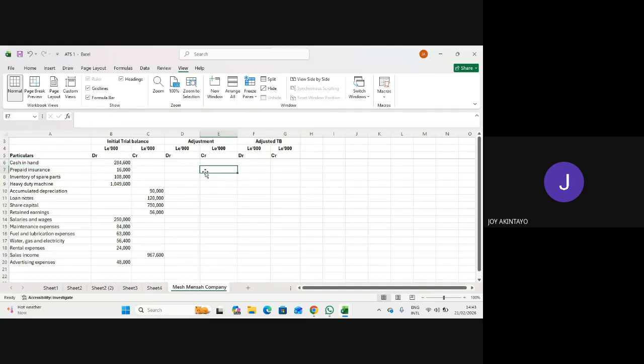Your insurance prepaid, we are deducting, we are to credit prepaid insurance with how much? 4 million, which is for the year. So we say 4,000 naira. Are you getting it? Yes. Okay, so we credit this, then